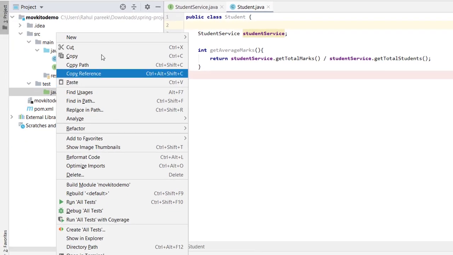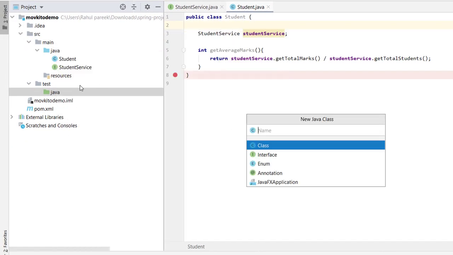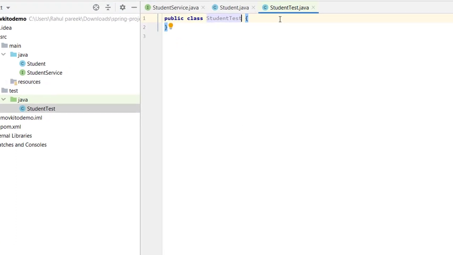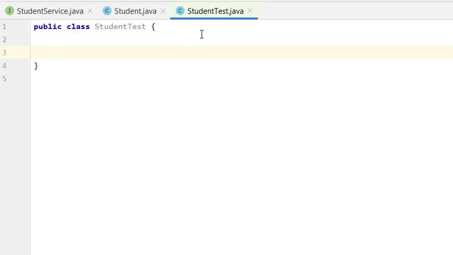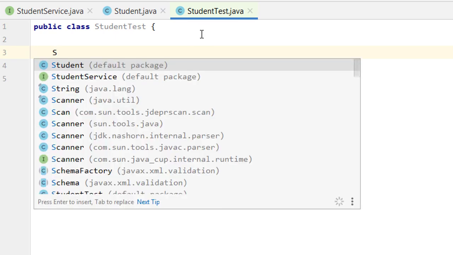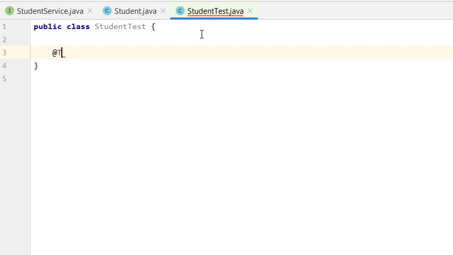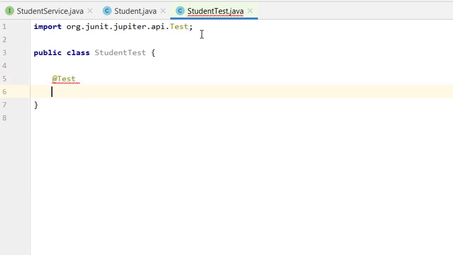Let us create one test case. In the test folder in Java, let me name it StudentTest. This is the class I have created in here, and in this class let me create one test case by giving the @Test annotation, and let me make it void testAverage.